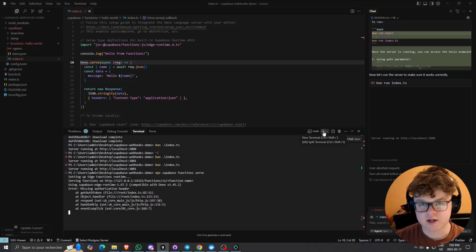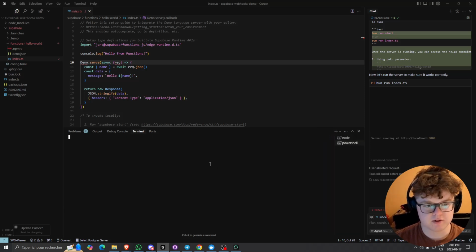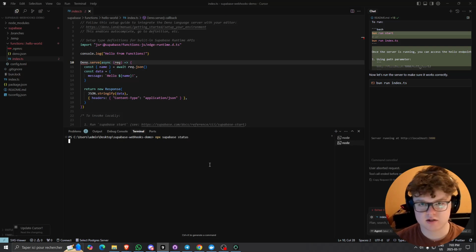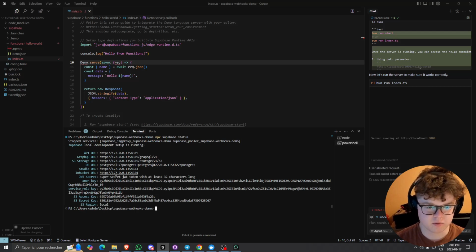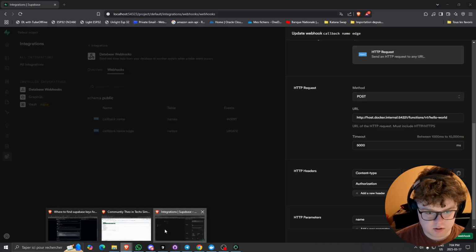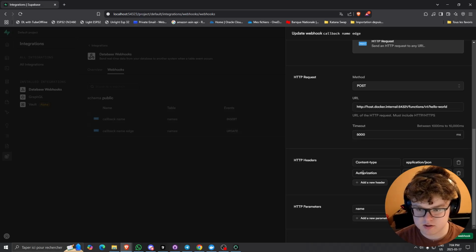So to find the API key for my specific project, what I'll do is npx supabase status, just like that, and this is going to give me the variables that I have when I started the Supabase local development setup. And what I'll do is I'll take the anon key right there. I'll be able to go in my Supabase interface, and I'll paste the API key with Bearer,